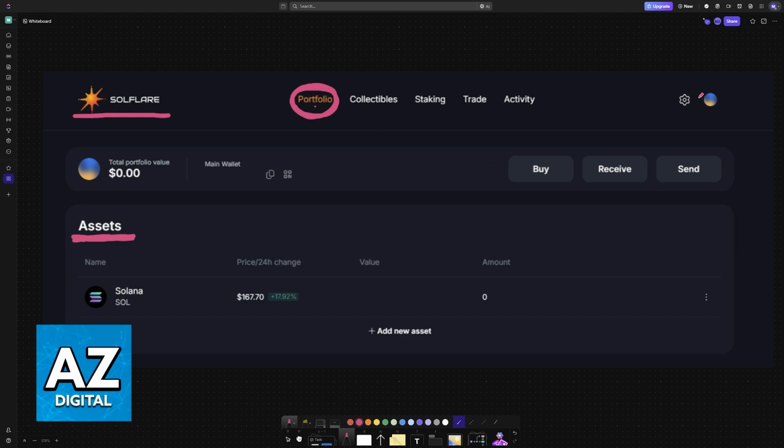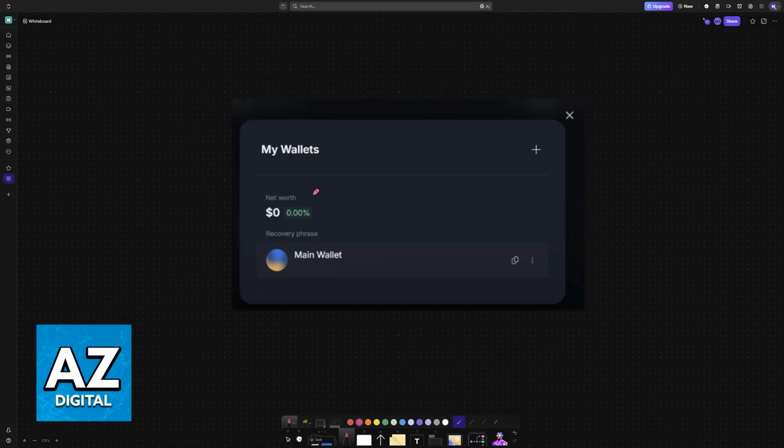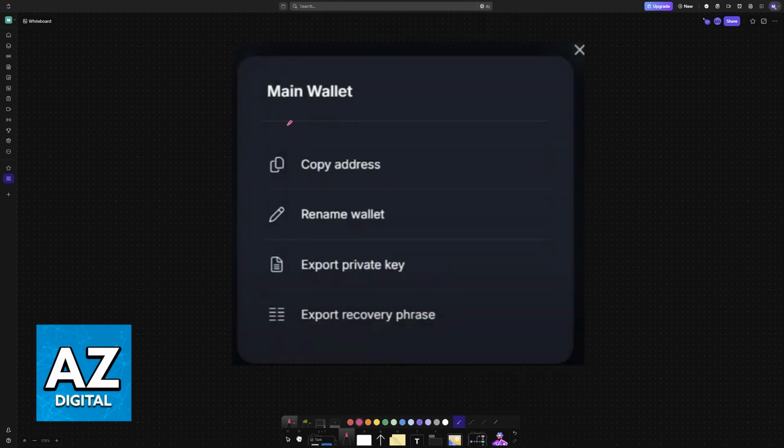When you access your portfolio, click or tap on your icon at the top right corner of the screen, and you will see your wallets. Now, choose the specific wallet that you will be connecting to MetaMask and access more options regarding it. So, once you find the specific account, tap on these three dots here. By tapping on the three dots regarding that wallet, you will see a bunch of options, and what you have to do is use the export private key option. With this private key, you will be able to import that account into MetaMask.